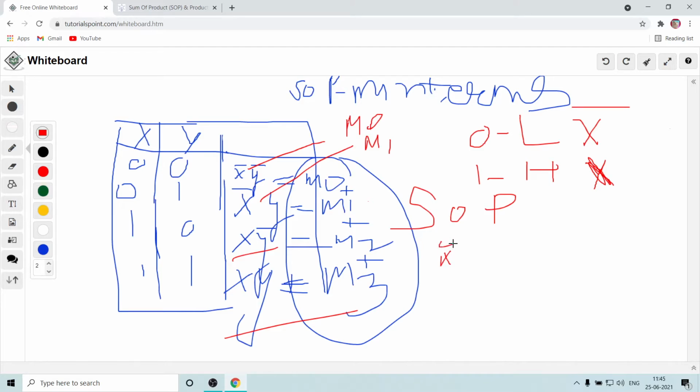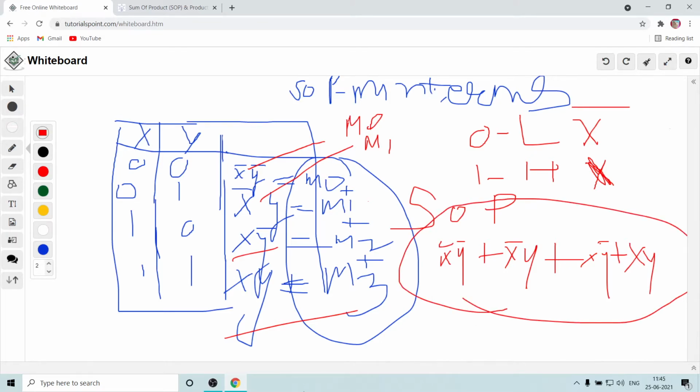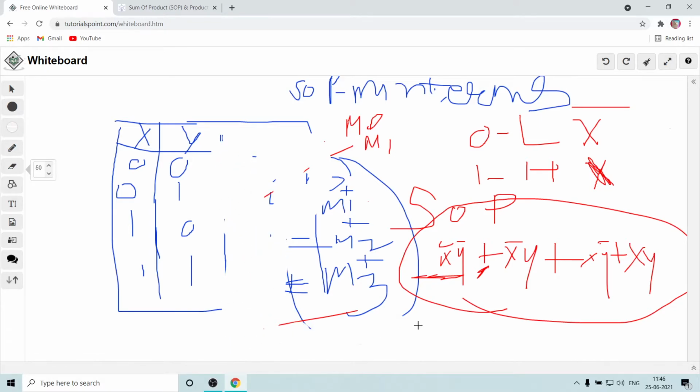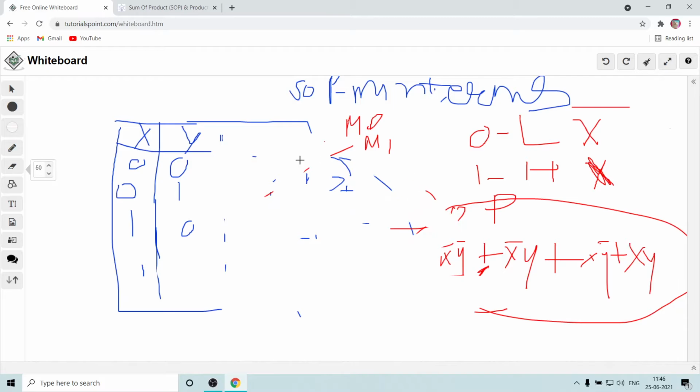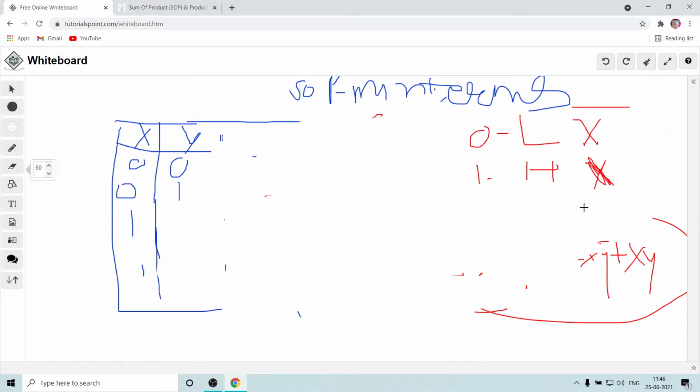So this will become x bar y bar plus x bar y plus x y bar plus x y. So this expression is basically the sum of product form, sum of product terms. So these are my minterms. These are added. This becomes an SOP. Similarly, looking at the maxterm, in a minterm you remember 0 represents the low value. That means it is an x bar. It is a complement value. And